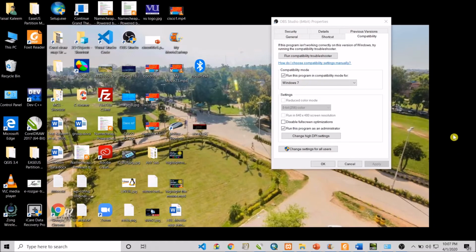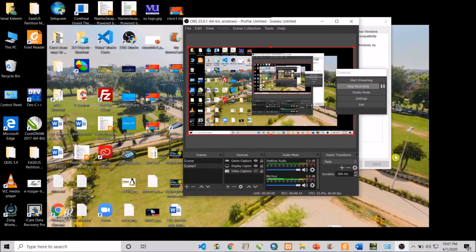Today we will learn how to fix the black screen issue that you are facing on the OBS software. Like it is in front of you, you are facing the black screen. You are not seeing the live screen in display capture mode on OBS software. Here it is